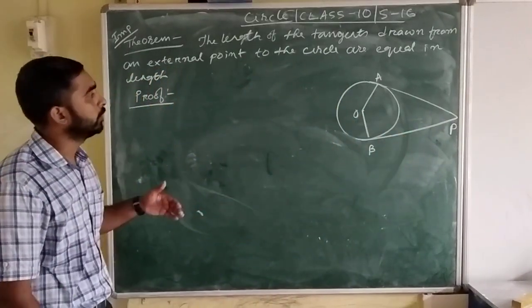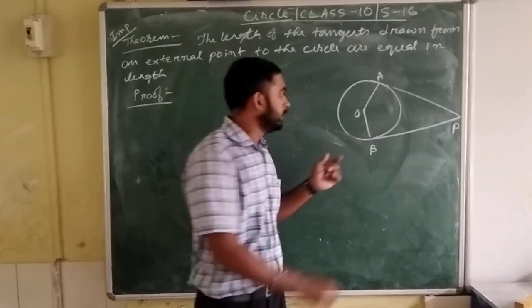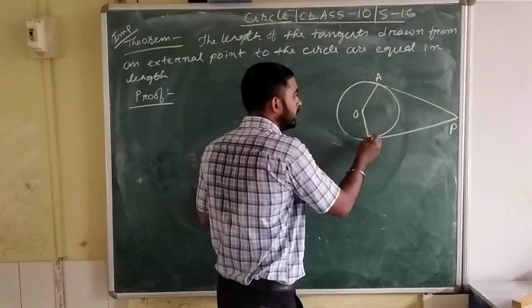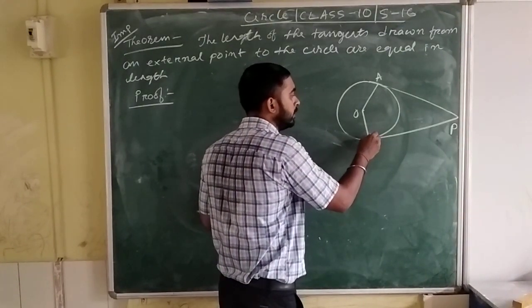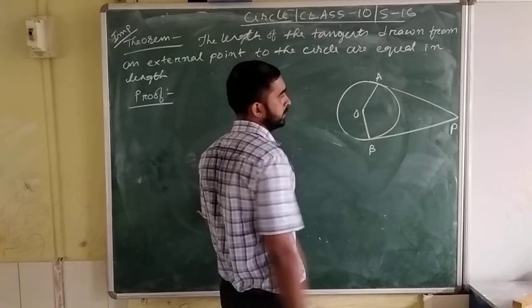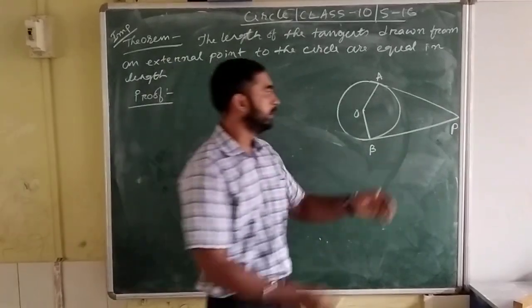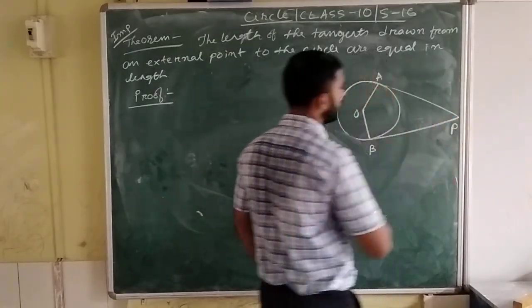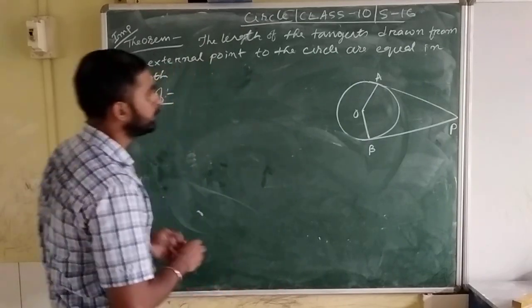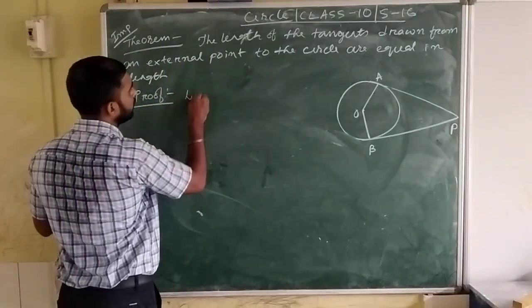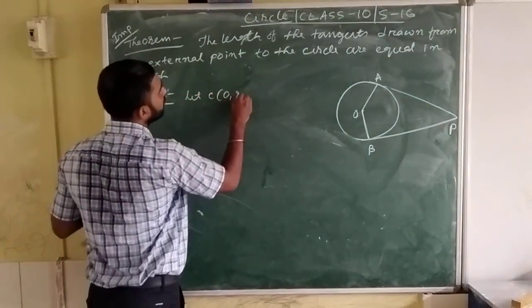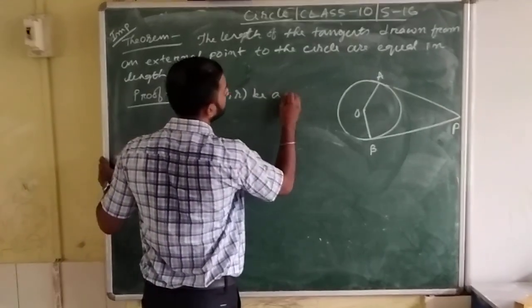That is the theorem. Here in this question we have to prove that the lengths of PA and PB, these two tangents, are equal in length. It means to show that PA equals PB. So first of all, let there be a circle with center O,